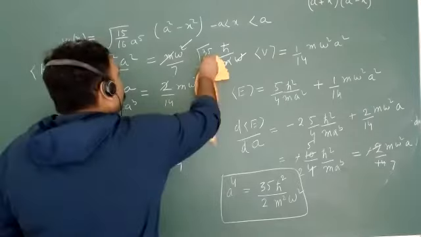And why I am saying that I am correct, because you can see the average value of potential energy and the average value of kinetic energy is the same. हो रहा है ना? Yes, sir. The average value of potential energy and average value of kinetic energy is the same, and this is a property of the harmonic oscillator.